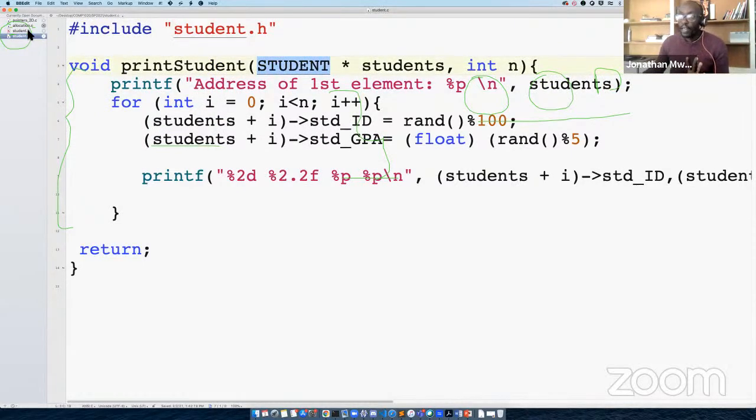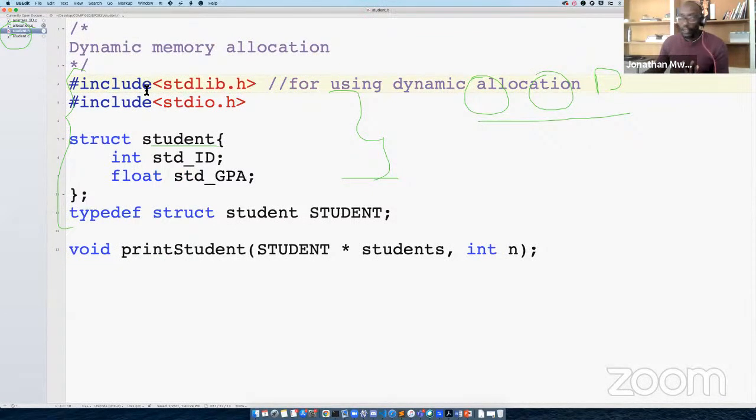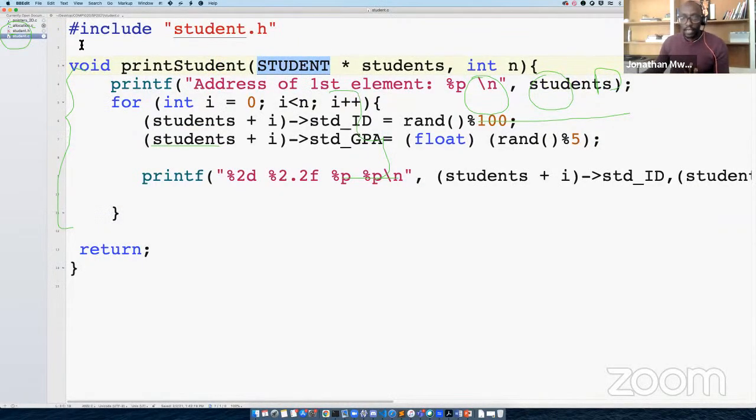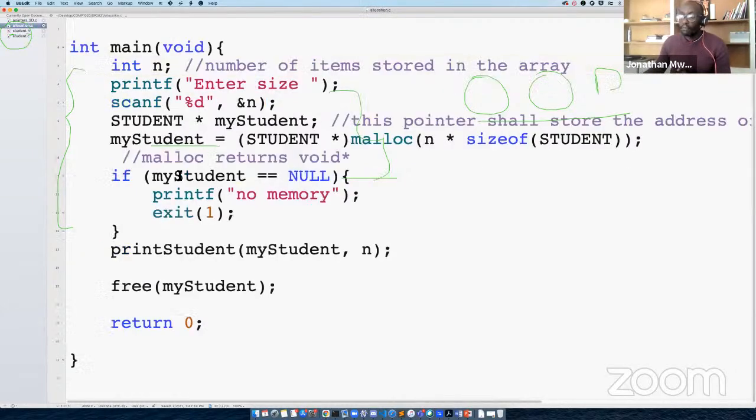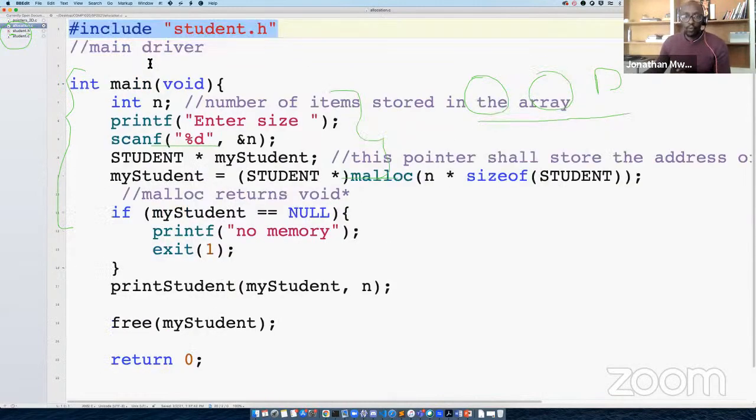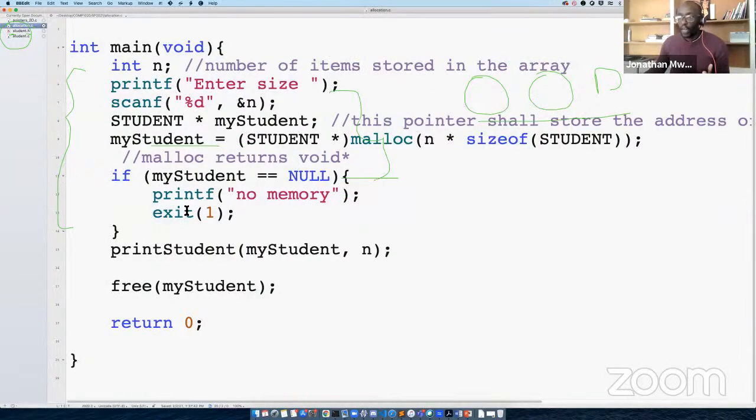I have a header file, which is keeping all my declarations, including my function declarations. I have another file called the .c file, student.c, which is keeping all the implementations together for me. And I have just one file I'm calling the main driver. This is just main, and it will call everybody else without doing much else. It's just a small file that can basically do all the stuff for me.